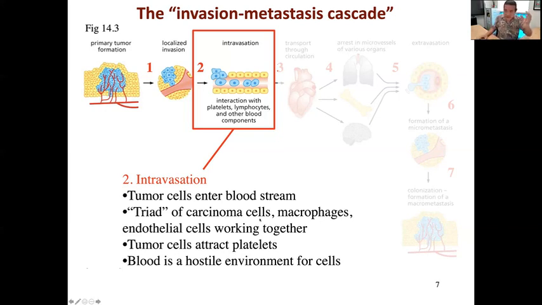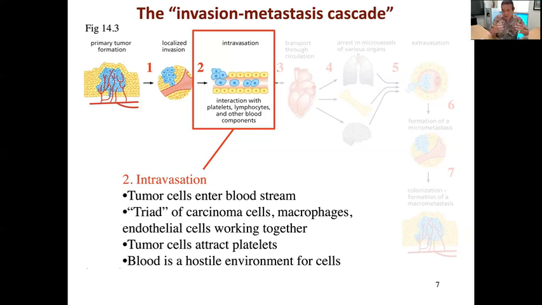So things like the carcinoma cells themselves, sending out all kinds of weird messages because of their mutations, macrophages that are supposed to come and help out, they get confused. And so they continue to dissolve away the extracellular matrix, making it even easier for the carcinoma cells to spread. And the endothelial cells, the walls of the capillary, they get confused as well. When these tumor cells press up against them, these endothelial cells kind of get out of the way and they let the tumor cells in.